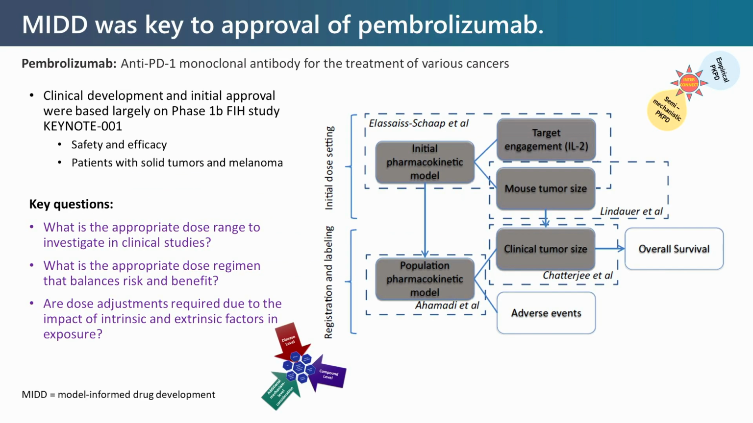Pembrolizumab is a programmed cell death receptor 1, or PD-1, blocking antibody developed by Merck & Company for the treatment of various cancers. The initial clinical development focused on melanoma. The clinical development and initial approval were largely based on a single study, Keynote-001, which was a phase 1b first-in-human study of the safety and efficacy of pembrolizumab, first in patients with solid tumors and later in patients with advanced